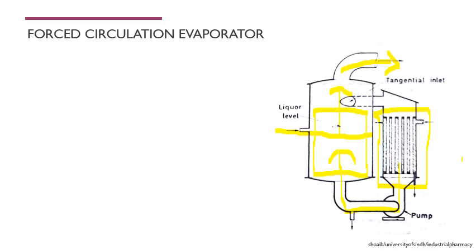Now in the second type of forced circulation evaporators, we are actually using pressure. In the first container, we increase the pressure. When we increase the pressure, we increase the boiling point of the material or the liquor. The liquor was superheated, then moved into the next container in which the pressure was much lower, and because of this pressure difference, the vapors flashed off and were taken to the condenser very easily.